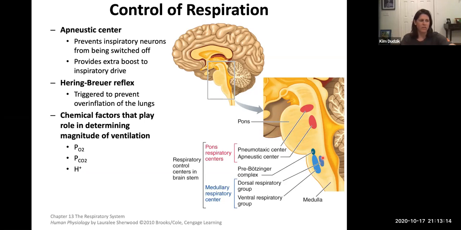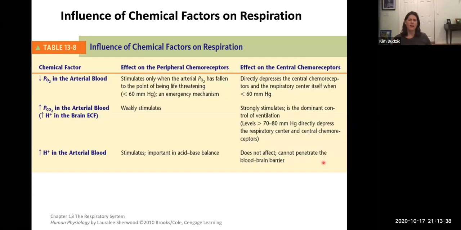And just a moment ago, I'm not sure if I said this right, but I want to be clear that yes, the dorsal respiratory group has mostly inspiratory neurons for inhalation, right? And the ventral respiratory group has both inspiratory and expiratory neurons. Okay, so the dorsal group is only inspiratory. All righty, and so these are those chemical factors that affect respiration. So this is what I had been talking about looking at the previous slide. So it's all summed up for you in the table.